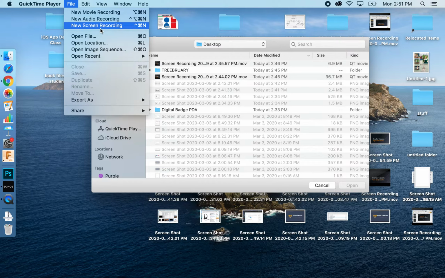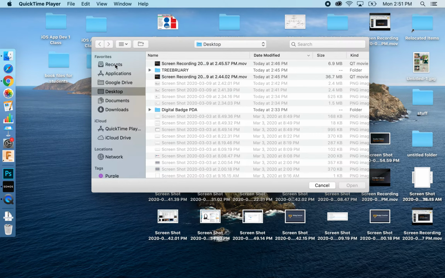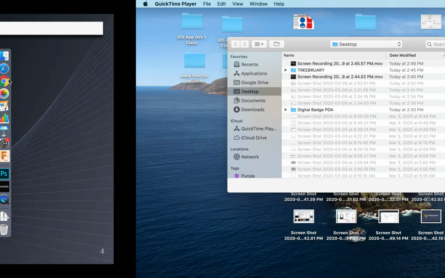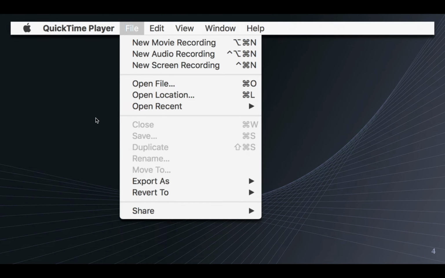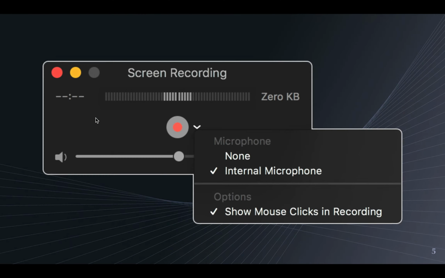And I usually do the new screen recording. I don't know what would happen if I click this while I was also recording. So I'm going to head back to here and show you on my screen capture. Depending on the version of Mac that you're using, like the operating system, it might look like this, and I'll show you the update. Mine has been recently updated, and it looks different now. But if you see this when you say screen recording,